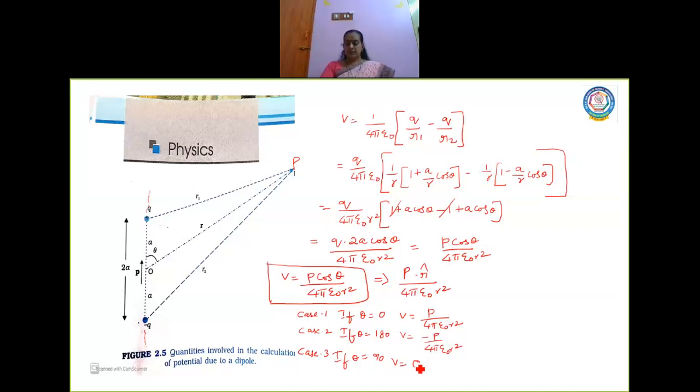And we have already seen that the potential due to a dipole does not depend only on r. With respect to the position vector, we have seen that the potential depends on r, but not only on r, it also depends on the angle between r and the dipole moment vector p. Is it clear, children? Now,